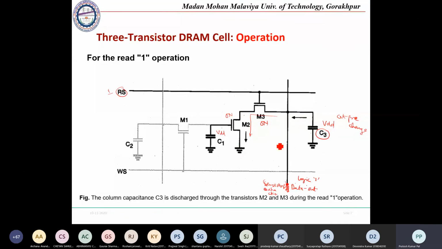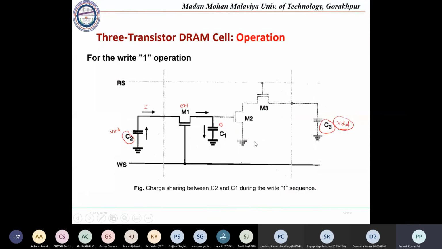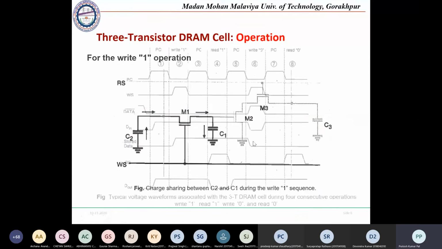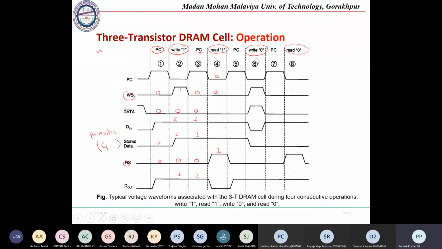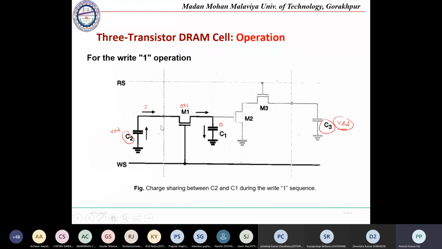Okay, so the discharging of the C3 capacitor will indicate that the capacitor is holding a 1. So this is how the write and read 1 logic will be performed. Similarly, if we are going to write 0, at that time